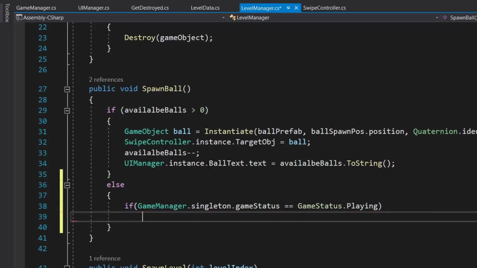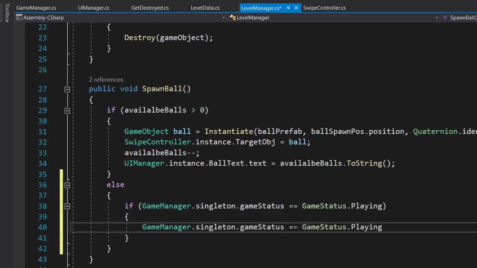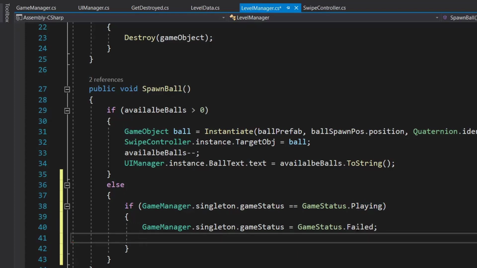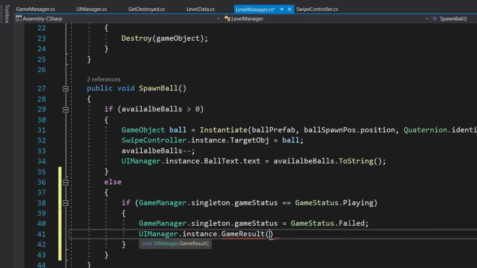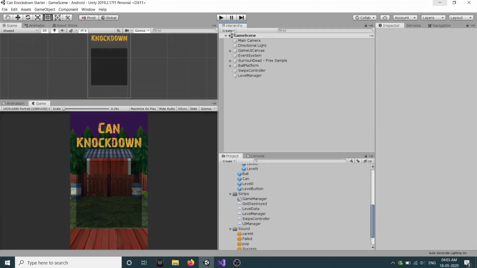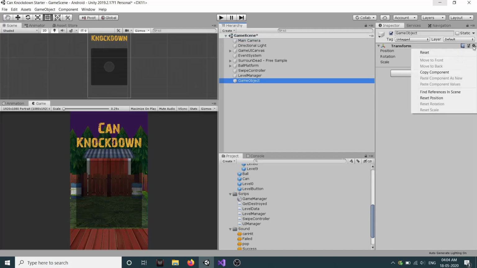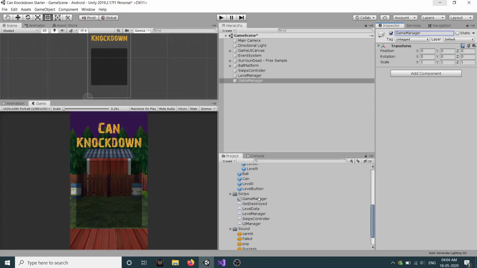If it is true, then we will set our game manager dot singleton dot game status equal to game status dot failed, because our available balls are 0 and our cans are more than 1. And we will call our UI manager dot instance dot game result method. Let's create a new empty game object, reset its transform and call this game manager, and let's drag our game manager to it.